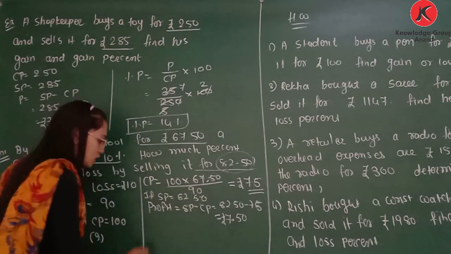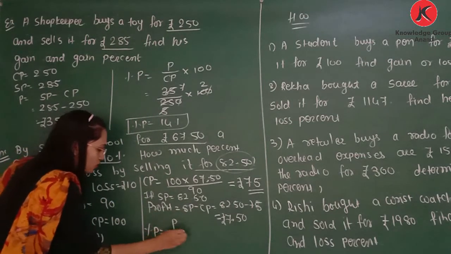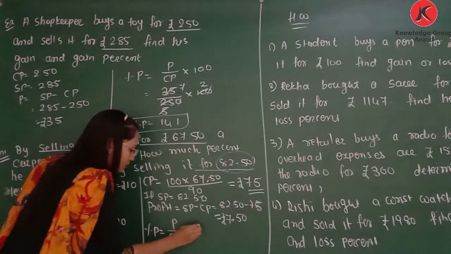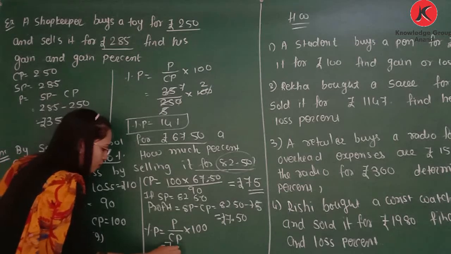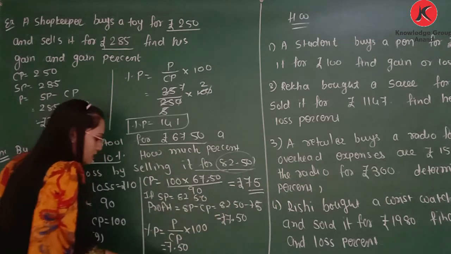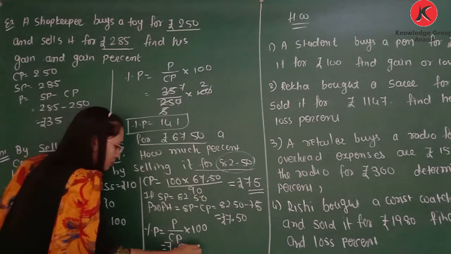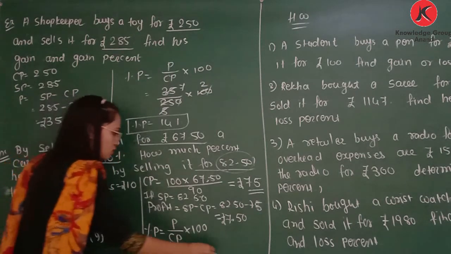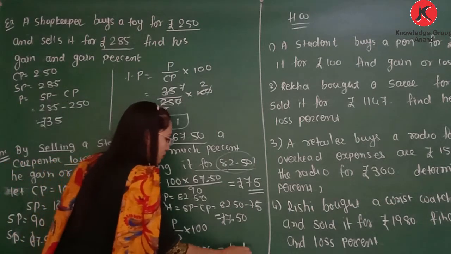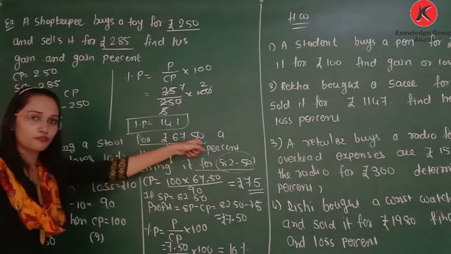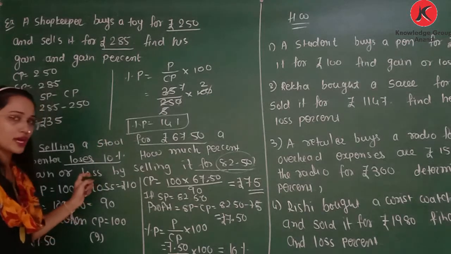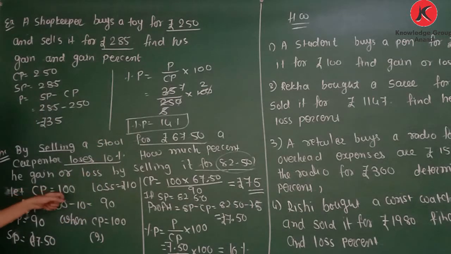Now we get the percentage profit by writing the equation. Profit is 7.5, CP is 75, multiplied by 100. Now if you solve this, you will get 10%. Clear? So here we start with the selling price 67.50 and find the cost price by writing CP is 100,